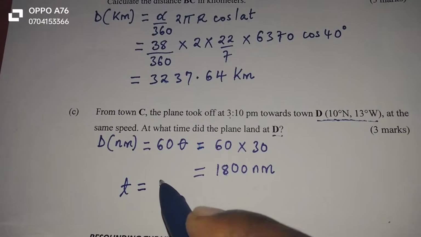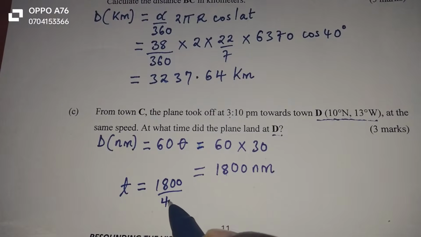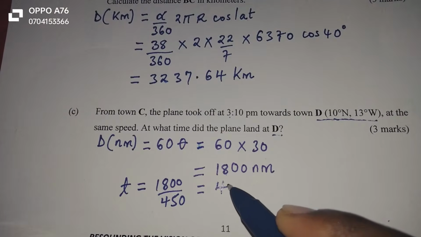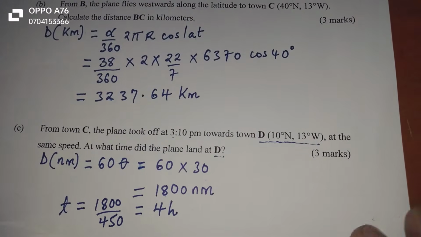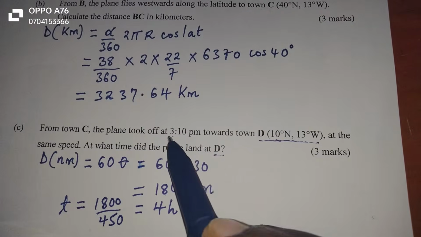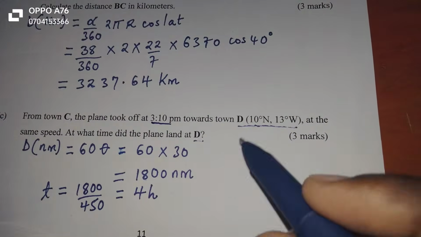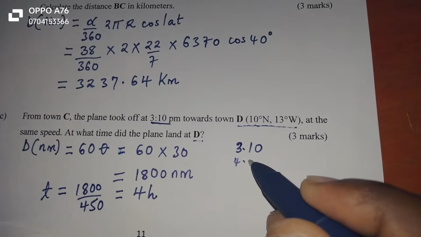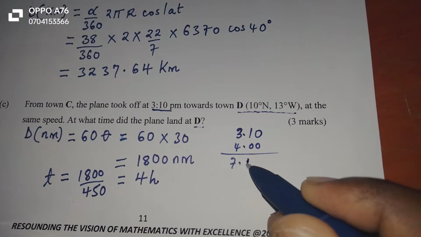The time taken will be distance divided by a speed of 450, and this is giving us exactly 4 hours. Now with 4 hours, we need now to go back to the question. We are being asked, at what time did the plane land at D? The takeoff time was 3:10 p.m. That means we need to take 3:10 and we add 4 hours and 0 minutes. This will give us 7:10